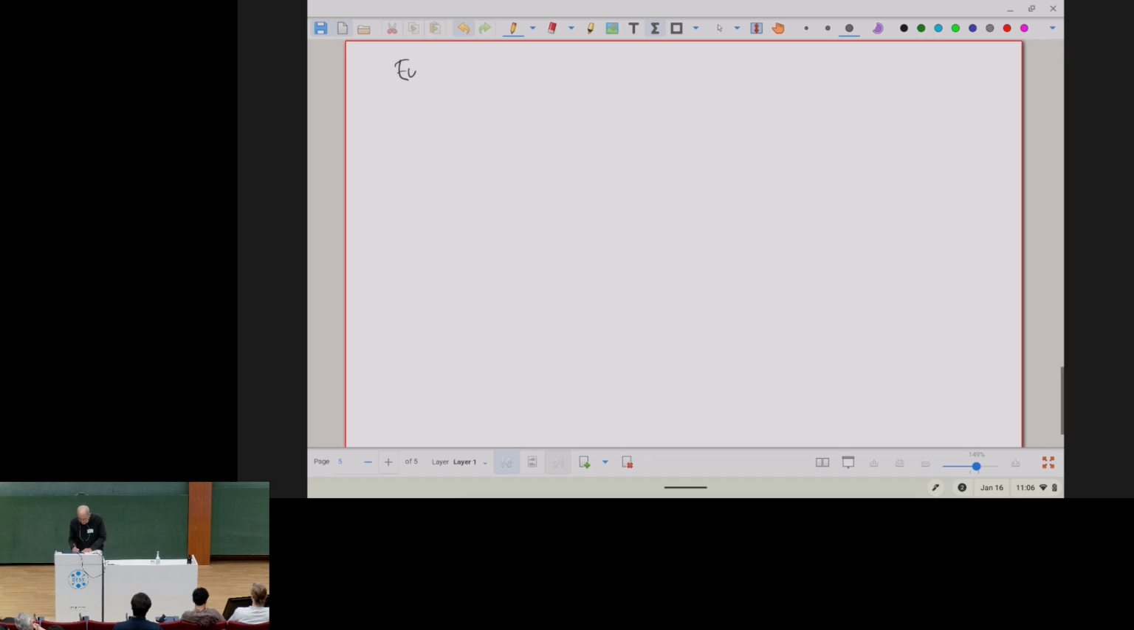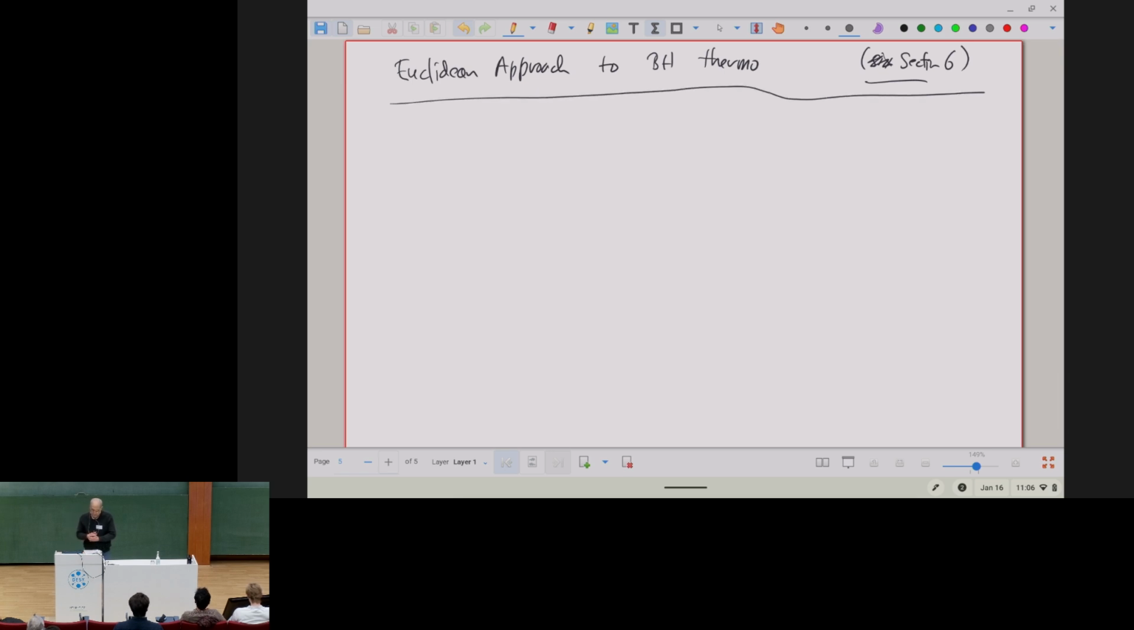So today we're going to start with the Euclidean approach to black hole thermodynamics, which actually corresponds to section 6 in my lecture notes. This started with the work of Gibbons and Hawking, not too much after Hawking's discovery of black body radiation from a black hole. So they started with the Schwarzschild metric,